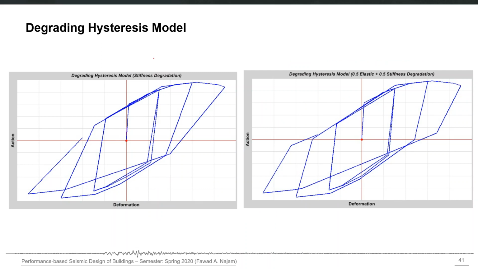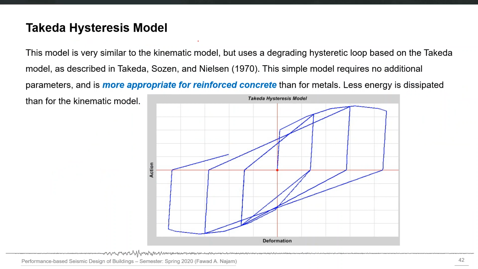So you have to actually provide a stiffness degradation factor, and that will be used to modify the unloading and reloading stiffnesses. Here you can see that with a different stiffness modification factor, the unloading reloading lines are different, and here is with a different stiffness degradation factor. So in ETABS I will show you that if you select the degrading hysteresis model, it will ask you for the degradation factor additionally.